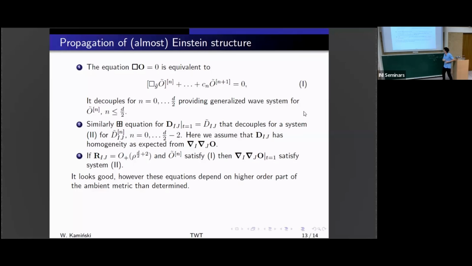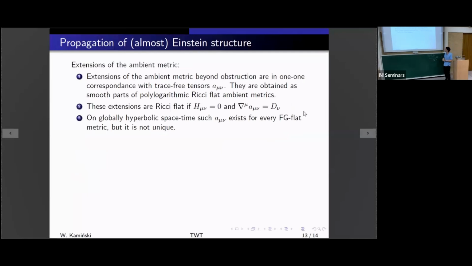We need to have this Ricci vanishing to higher order than we have in our ambient construction. If one looks at this equation for omega, or this equation for D, the condition of almost Einstein, they also depend on the higher order of the ambient metric that we determine. So it's not good. However, it's not so bad as you may think,